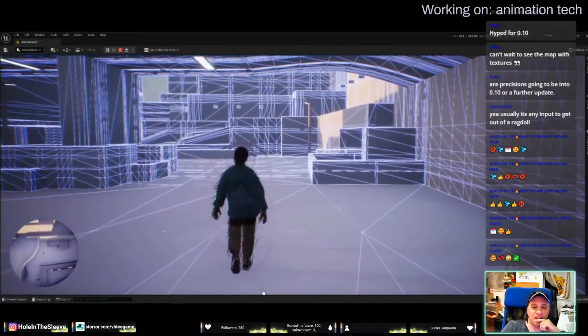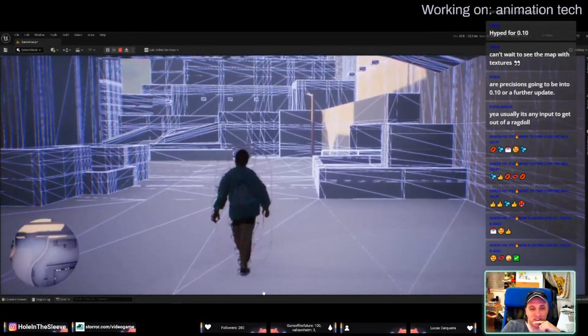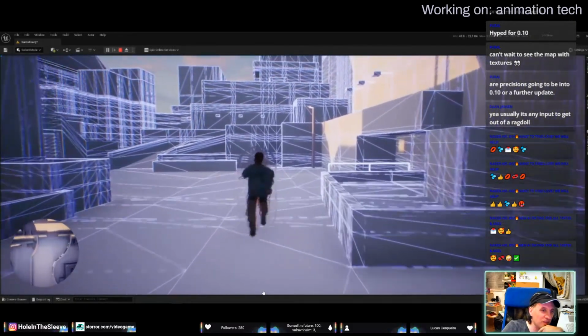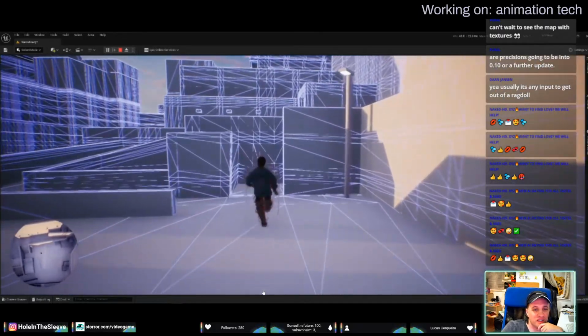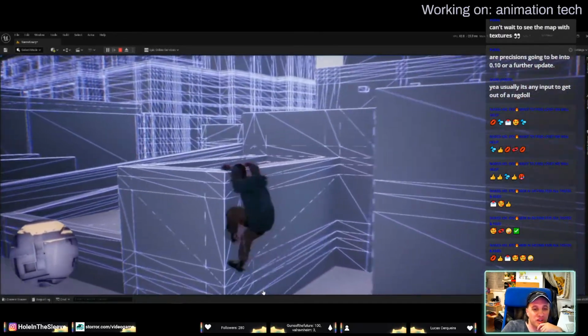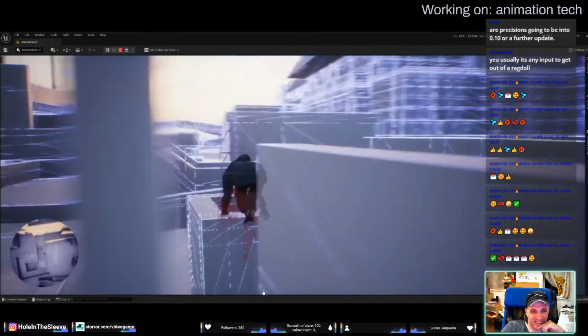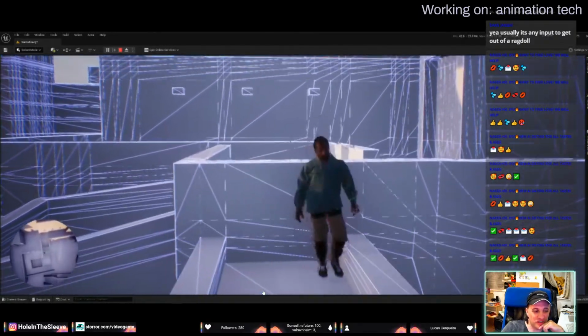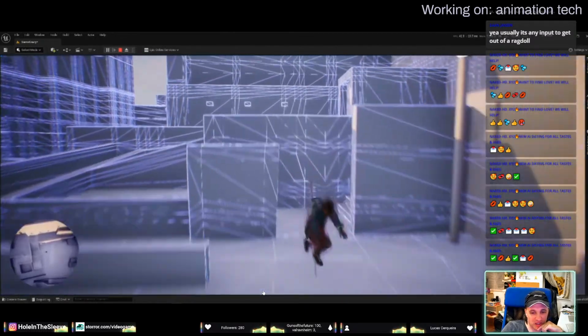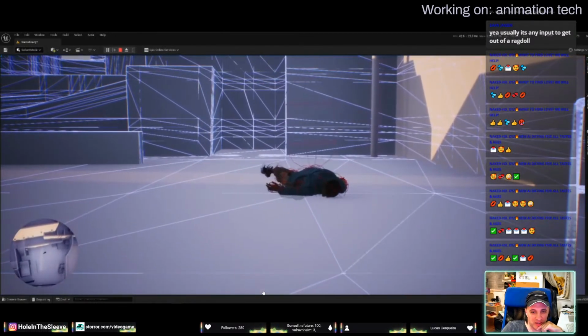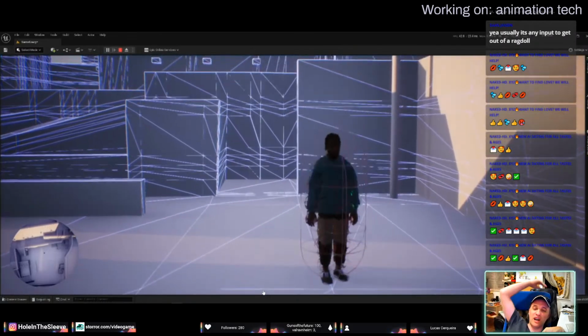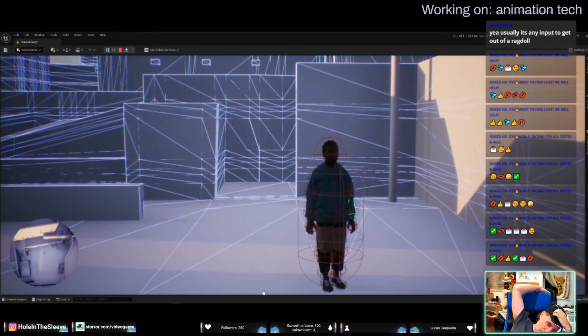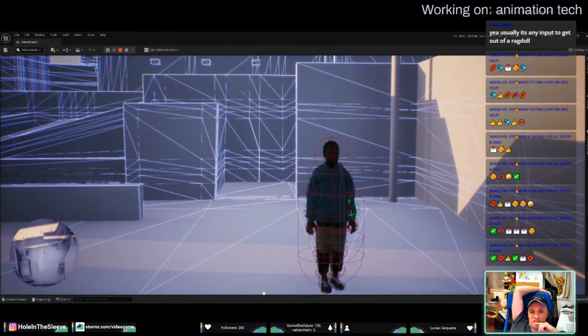Well, this is an interesting view, though. Having the collisions enabled, it may look even better. Those look quite cool. It's very sci-fi though. Yeah, it's very Matrix. Oh, it goes into collision because he's falling for a long time. Yeah, okay, that one at least got it. It's falling a long time.